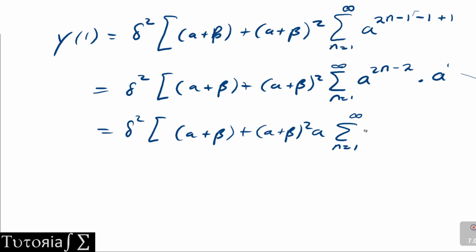Then we have a to the power 2, then n minus 1. Okay, then here we can use a bit of change of variables. So we can change the limits here. If we transpose this side, that will be n minus 1 equals to 0. So this will be y of 1 being equal to,